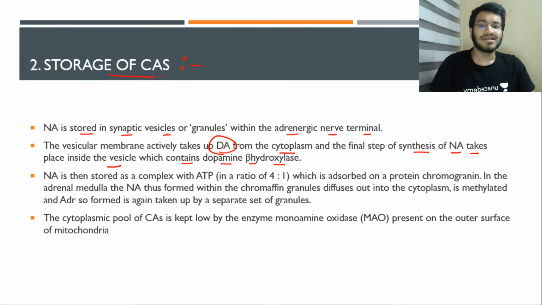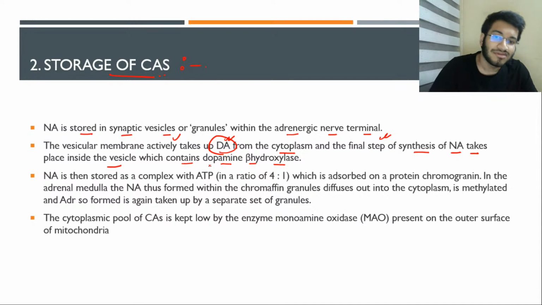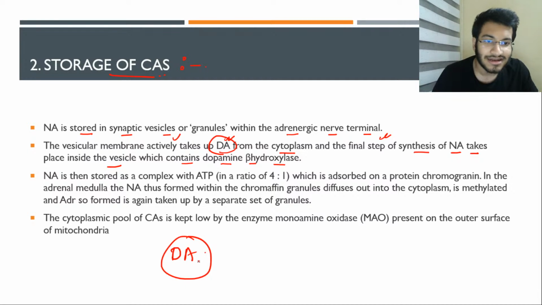So guys, Na is stored in the synaptic vesicle or the granules within the adrenergic nerve terminal, right? Then the vesicular membrane actively takes up the dopamine from the cytoplasm, and the final step of the synthesis of Na takes place inside the vesicle, which contains the dopamine beta hydroxylase. So dopamine comes inside the vesicle, and with dopamine beta hydroxylase,